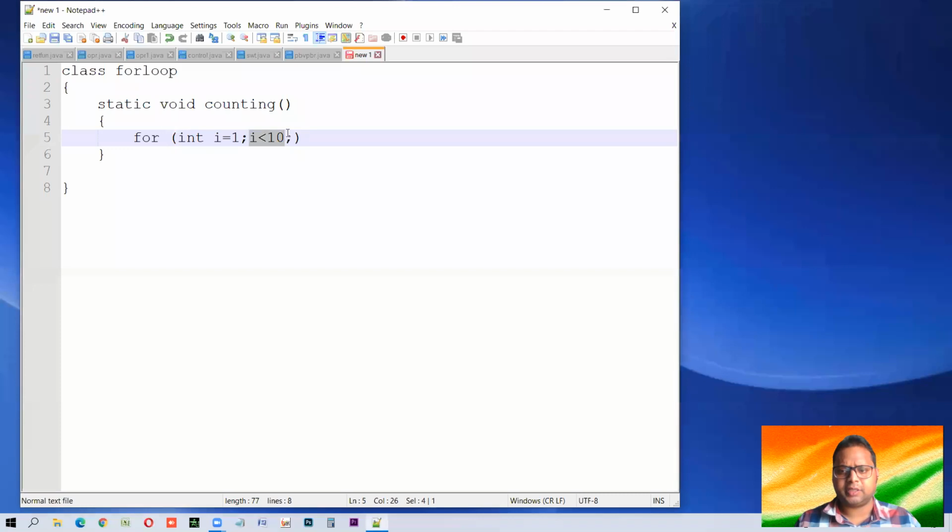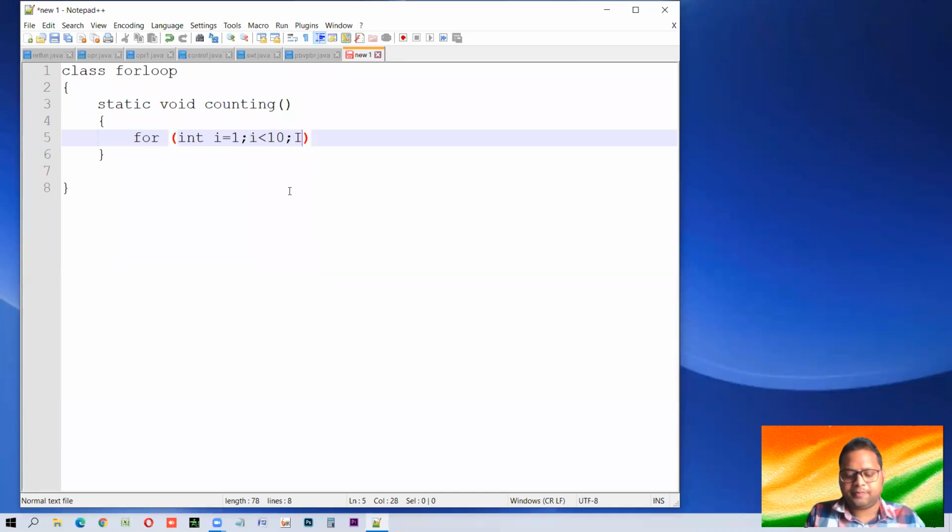Right now, what is the status? Let us try to find it out. What's the value of i right now? We have initialized it with 1. So is 1, the value of i, less than 10? Yes, this is true. This is called true and false. When the value of i is no longer less than 10, the loop will stop. So who will decide how the value of i will change, get closer to 10, and eventually become greater than 10? This is the task of the third part of the loop. This is the first part, this is the second part, and after this we are going to write the third part.